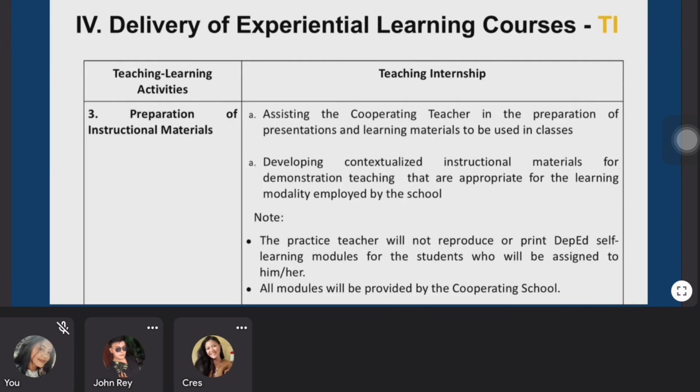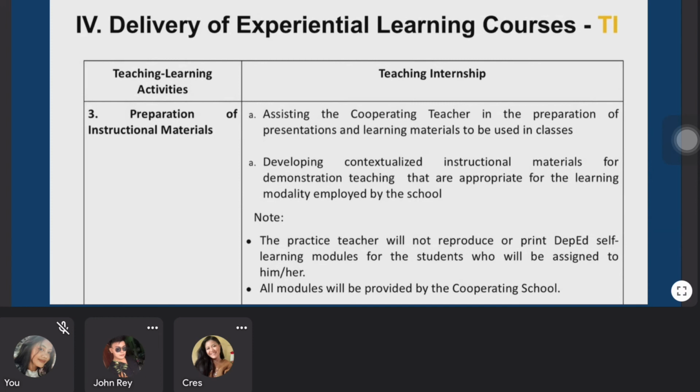Third one is preparation of instructional materials during teaching internship. First, we need to assist the cooperating teacher in the preparation of presentation and learning materials to be used in classes. Second one is developing contextualized instructional materials for demonstration teaching that are appropriate for the learning modality employed by the school. So, as a student teacher, we need to assist our cooperating teacher as well in preparing our